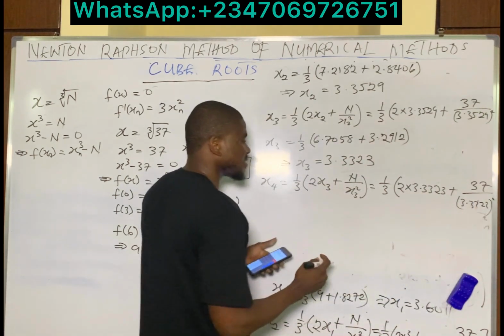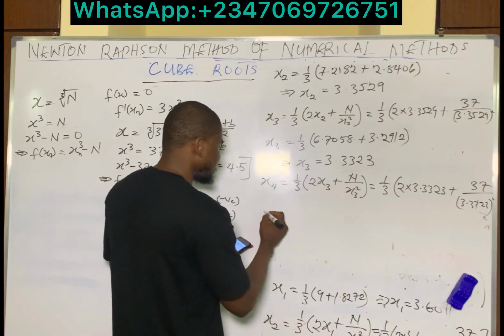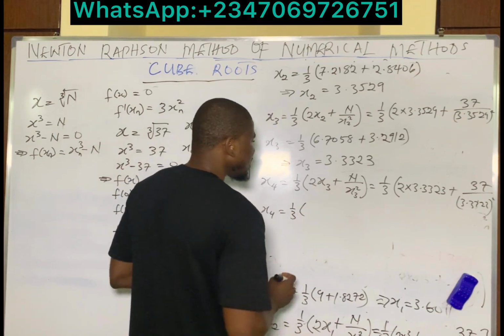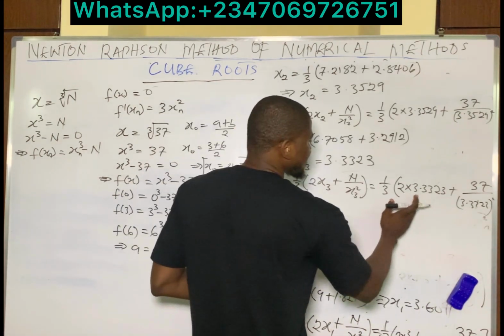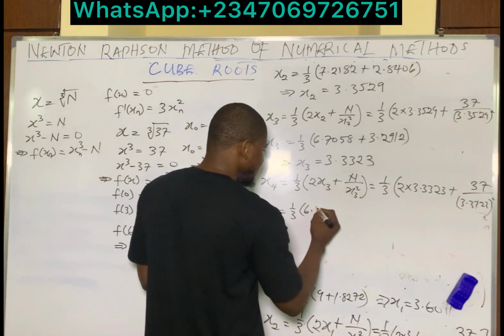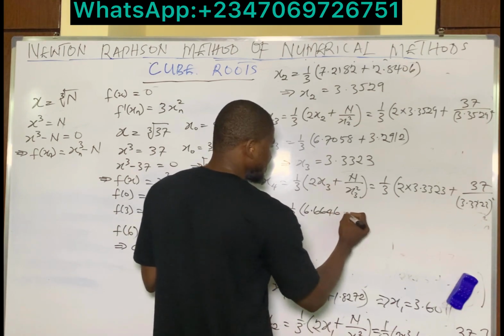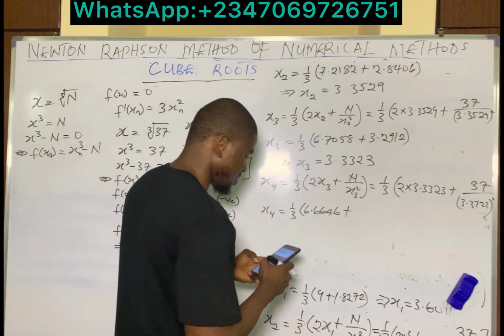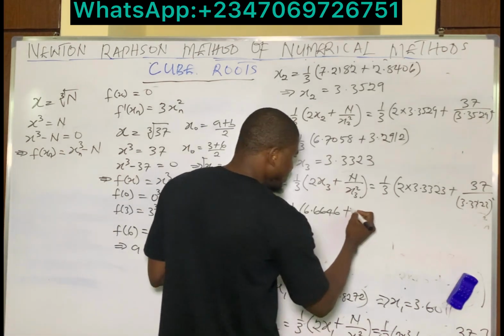So let's evaluate the bracket. X4 is going to be 1 all over 3 into, let's now find 2 multiplies 3.3323. That gives us 6.6646 plus, let's find 37 divides 3.3323 squared. That gives us approximately